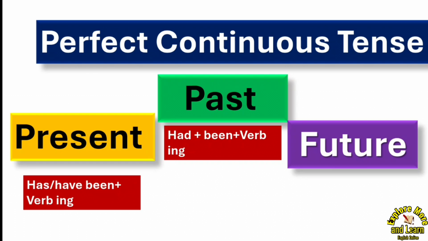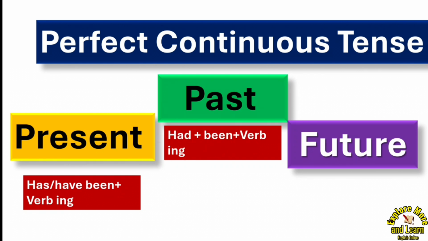As I told you in my previous video, if you have not watched that yet, then you will get the link in the description box below. I'll post the link for that whole series, that is Learn Tenses in English, in the description box below, so don't forget to watch that too. Okay, so I told you that in present perfect continuous tense and past perfect continuous tense, the basic rule is that we use been and verb in ing form. But before that, if it is present perfect continuous tense, we use has, have, and if it is past perfect continuous tense, then we use had. Rest of the structure is same.